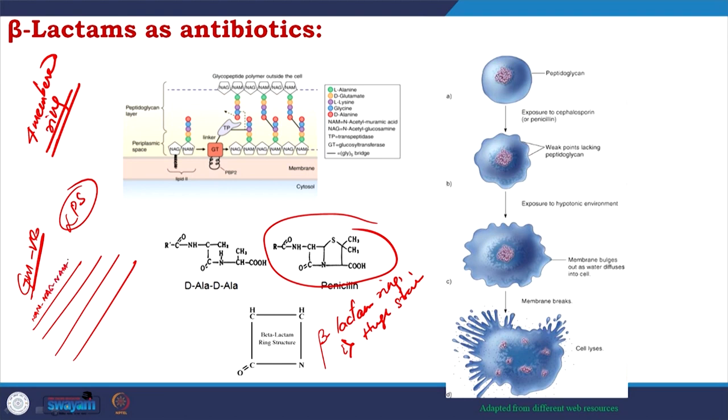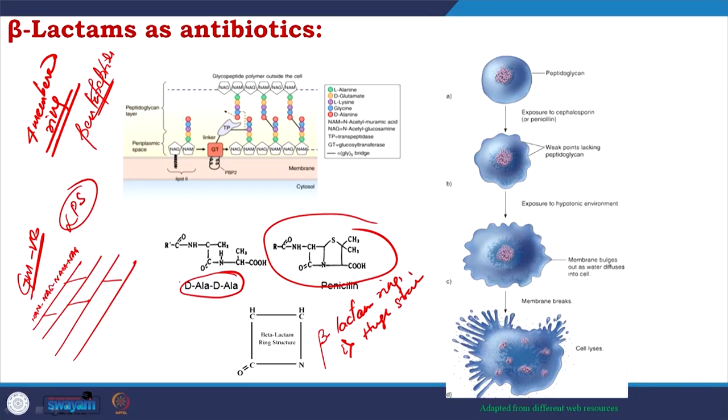NAM-NAGs. Who are NAM and NAGs? N-acetyl muramic acid, N-acetyl glucosamine. So, they want to cross link, and the cross linking is done by a pentapeptide, and where it cross links there is DLR. Okay. Now, the enzyme which takes part in the cross linking is called